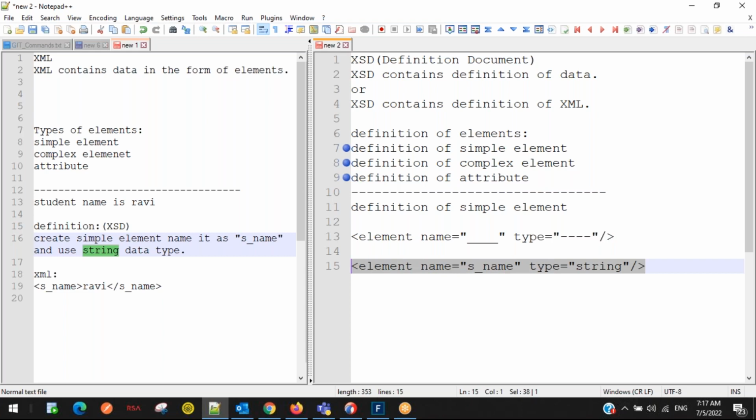This guy doesn't have any data. XSD doesn't contain data. XSD contains the definition of data. Okay, we are defining an element here. Defining an element means we should tell what name we have to follow and what data type we have to follow. This is what the definition contains. So by following this definition, if somebody prepares an XML,